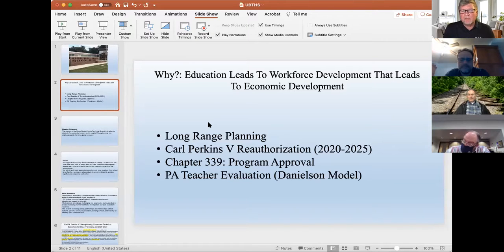We also have the Carl Perkins, which is a federal program. We're into Perkins 5 now. I've been around long enough. I go all the way back to Perkins 1, which makes me really old. But the reauthorization this year for Perkins 5